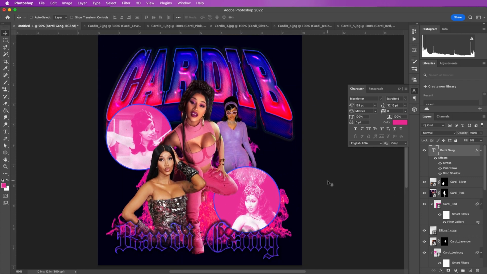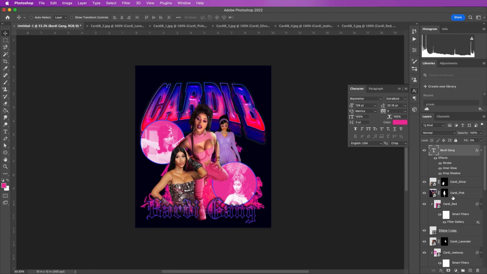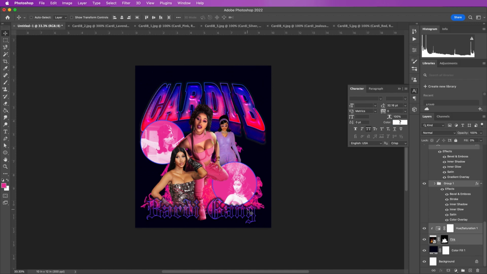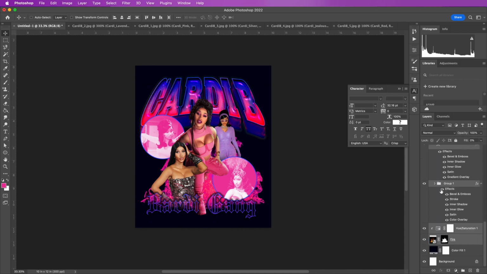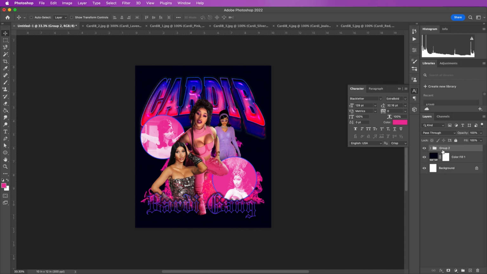So now select all of your artwork except for the black background, and we are going to place this within its own folder. Give it a name and then duplicate it. Convert this layer to a smart object,